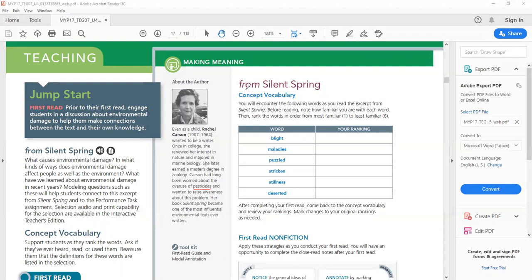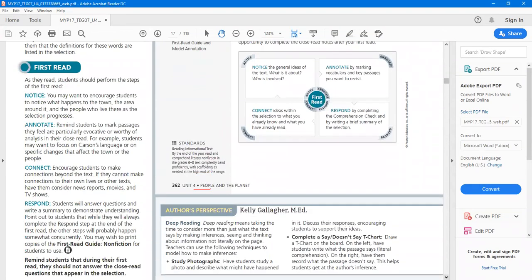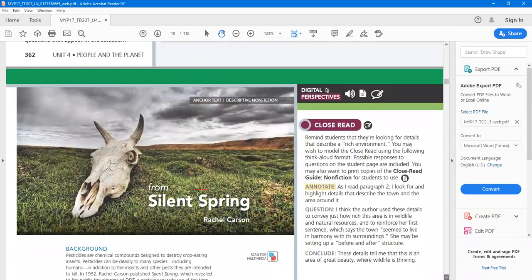So we see that this book, which Rachel Carson has written, and what we will read today is an excerpt of her book, or it's called a piece of a book. And here we see that it's related to our essential and main big question about planet Earth and about human beings taking care of it. So we will now move on to the next page where the text starts, which is page 363.